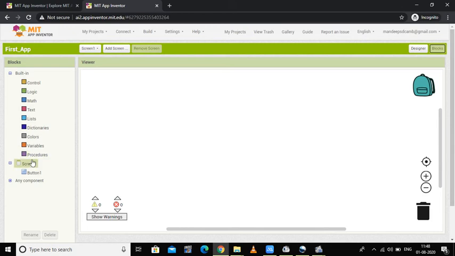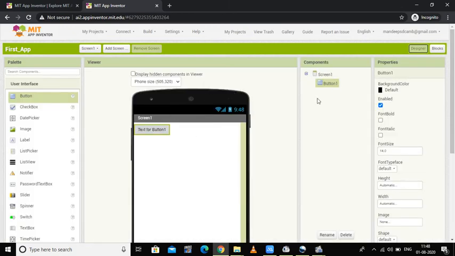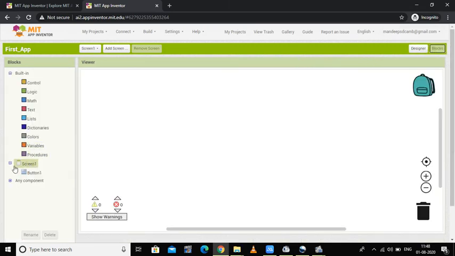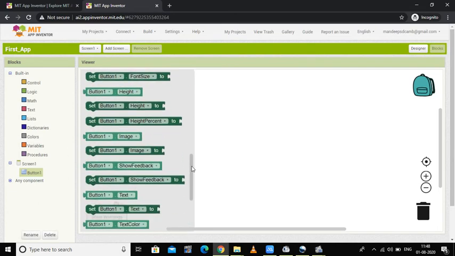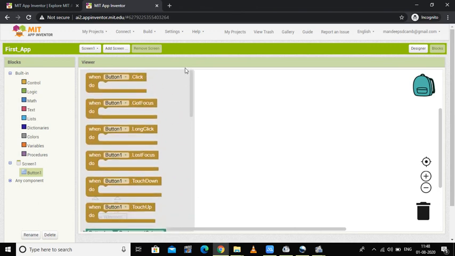And the two components which I have used in my application, one screen and one button, are automatically included here. When I select button, I'll get all the blocks. See, all these blocks are available.